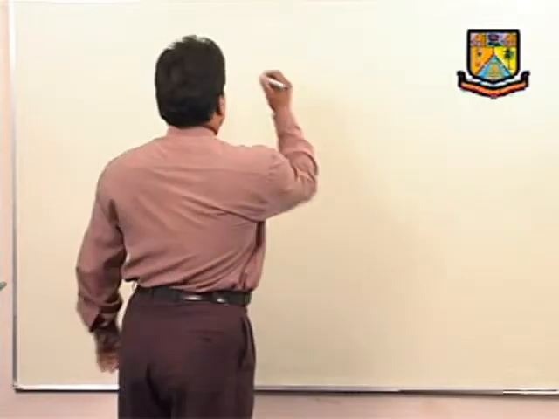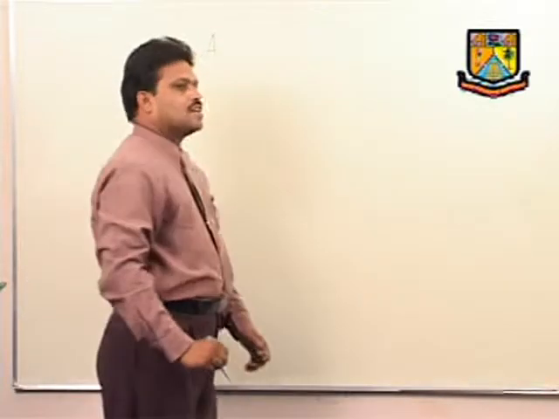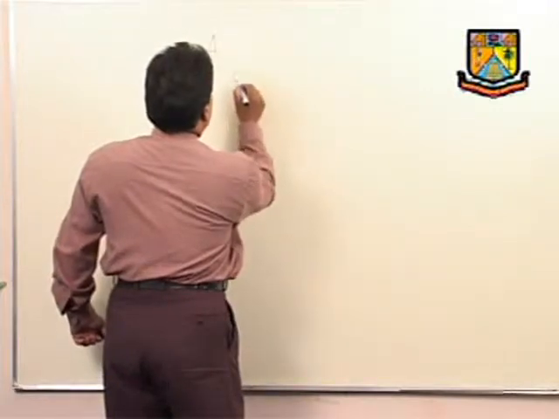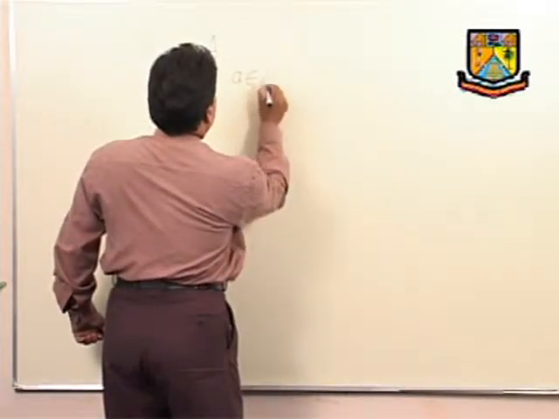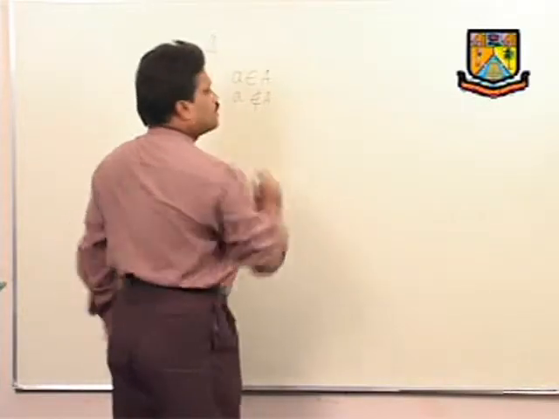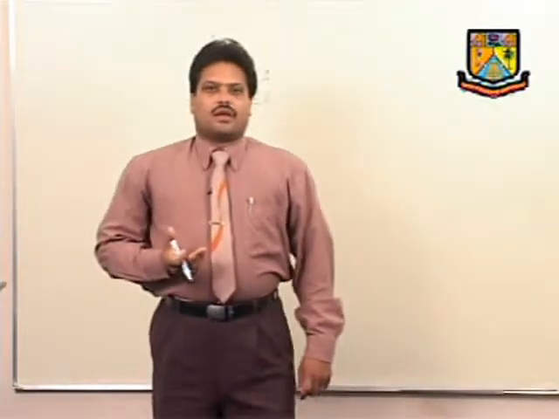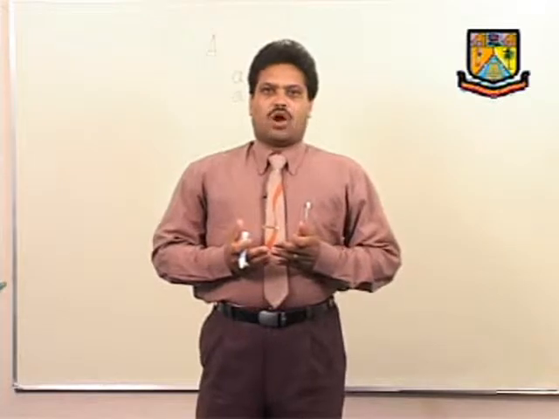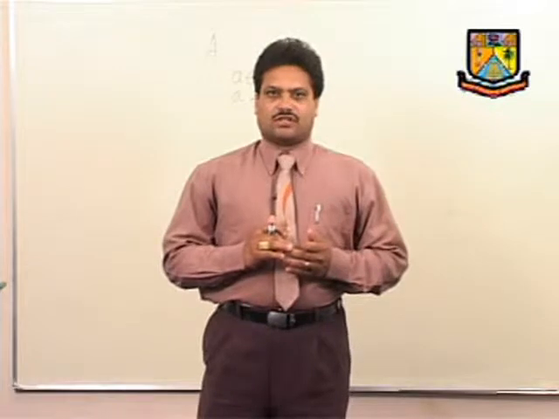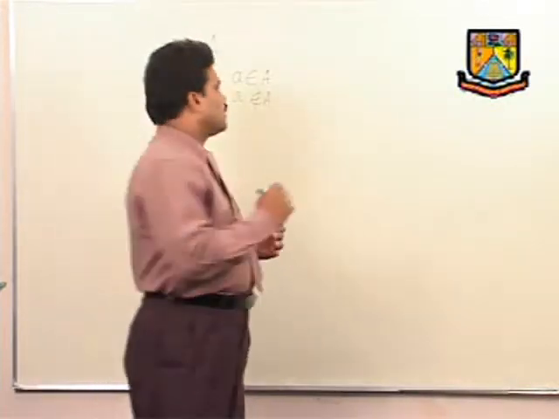Okay. Now here, for example, you take a collection A. A is a collection of elements. It is a rule that either small a belongs to capital A, or small a is not an element in capital A. The next one is we are going to see the connection of two sets. What way can you connect two sets? One is union and the other one is intersection. We are going to define how union as well as intersection is defined.